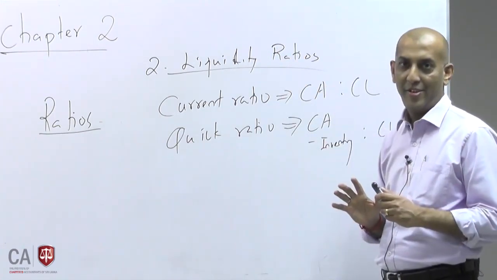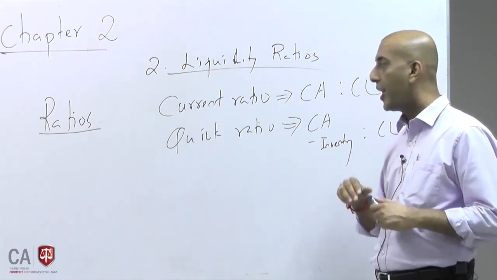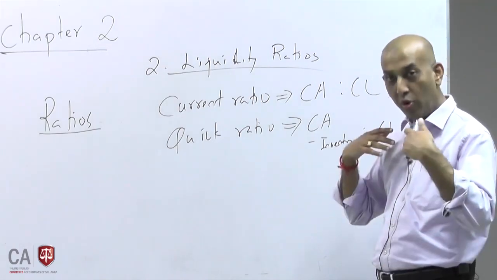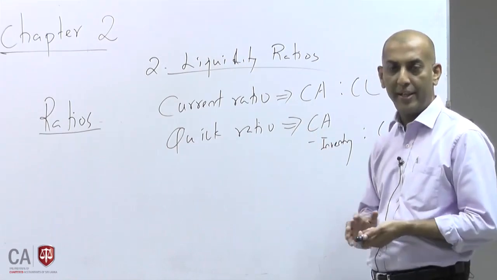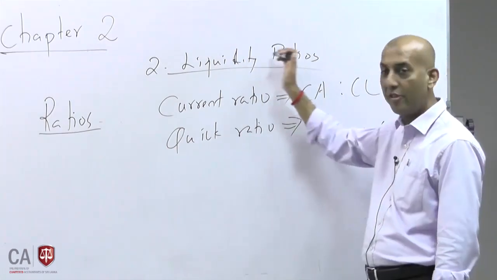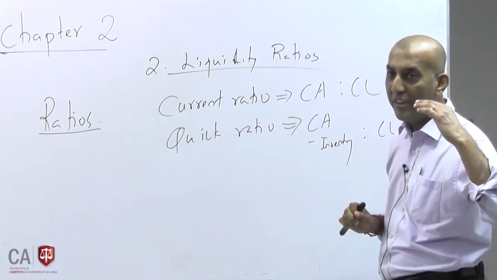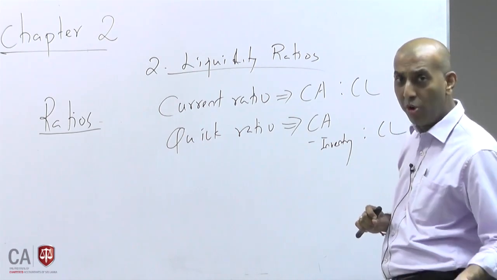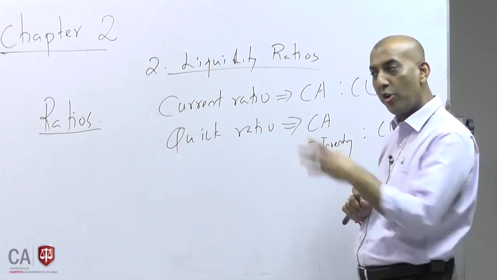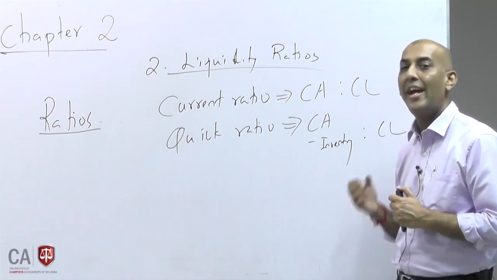So please make sure you are very clear on this, because the liquidity ratio is the key for any organization's survival. First of all, you need to make sure that your day-to-day commitments are met. If I can't meet my day-to-day payments, I cannot survive. I cannot go long run. I have to close my company. Even though I may be making losses, if my liquidity is very good, I can still manage my company. But if my profits are very good but my liquidity is not there, I cannot run the company. So liquidity ratios will tell us whether your company is able to meet day-to-day commitments.